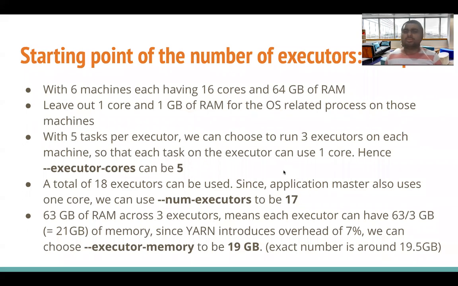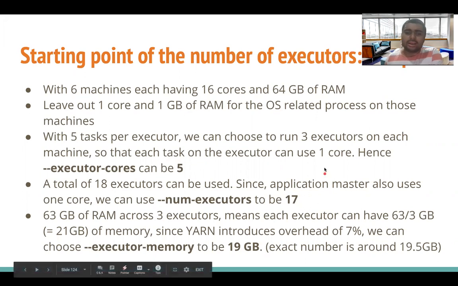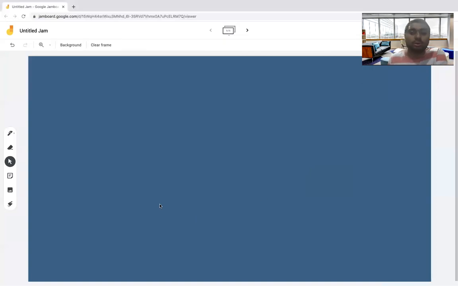This is a very simplified version. The actual situation has to consider a few more things, so let's talk about what those are. The first thing is the amount of memory which is required. If data is not skewed, it depends heavily on what kind of data volume you are processing. And many a time, it turns out that you have to think about how much memory is needed per task.